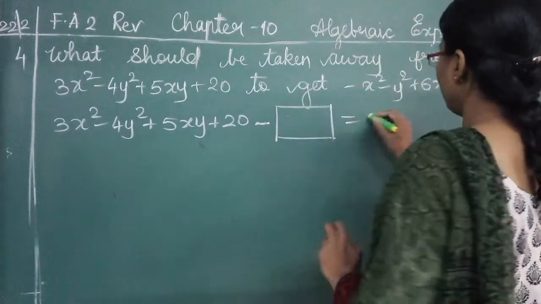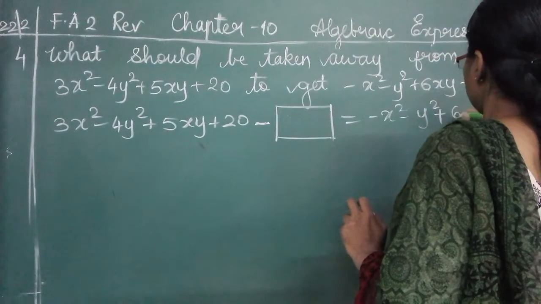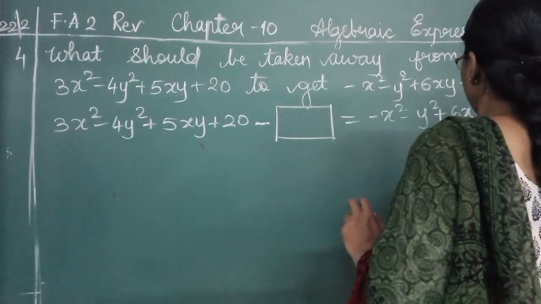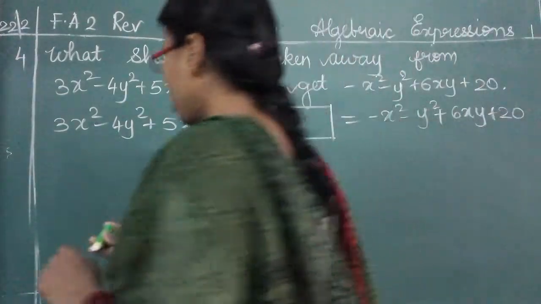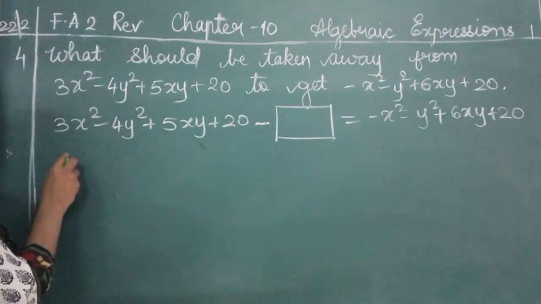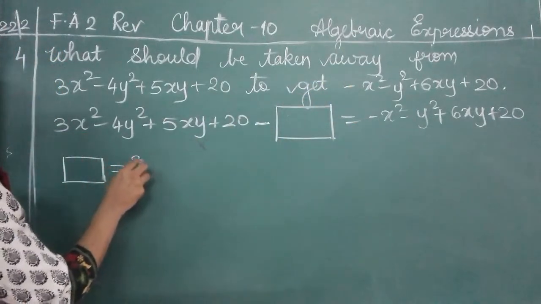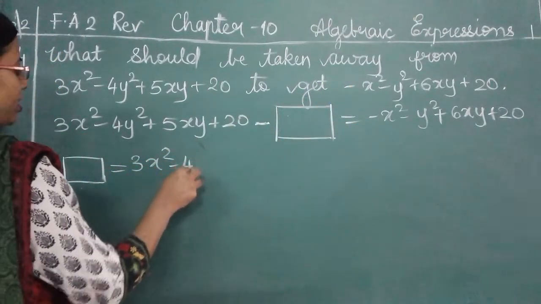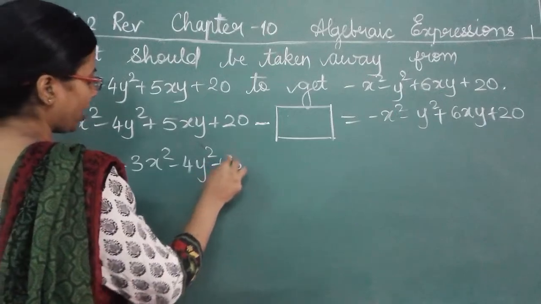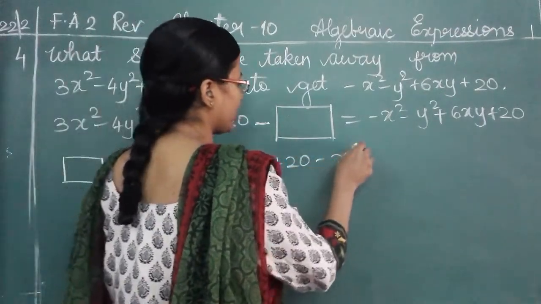This is equal to minus x square minus y square plus 6xy plus 20. So now let us write this. This box is going to be taken to the other side and this is going to come this side. 3x square minus 4y square plus 5xy plus 20 minus x square minus